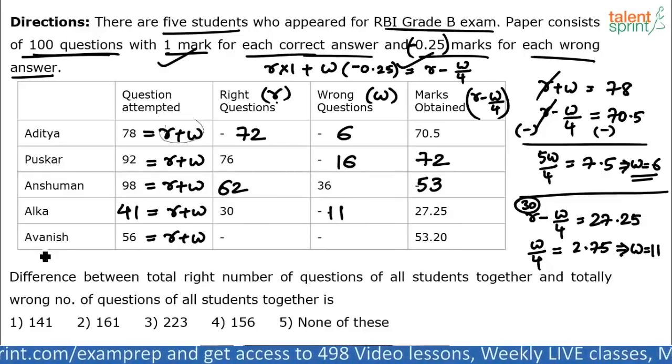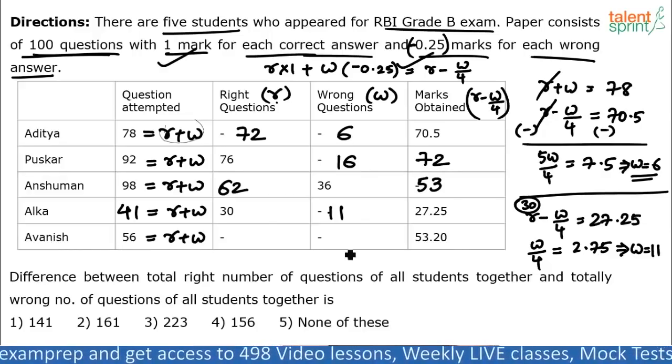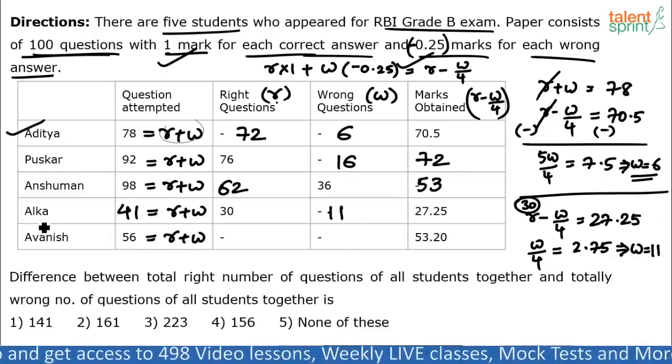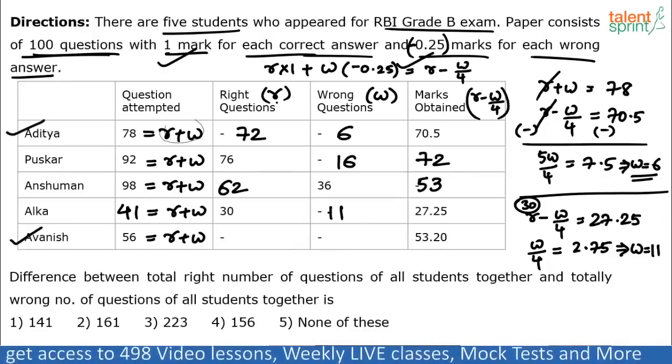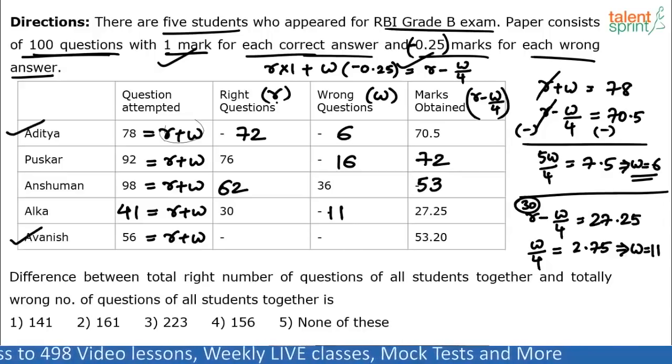Now comes the last case, which is Avanish, right? What happens in case of Avanish? 56 total is given and total marks is also given, 53.2. Same like Aditya, right? The total number of questions attempted and total number of marks is given. So again, solve the two equations like what we have done here and arrive at the number of right questions